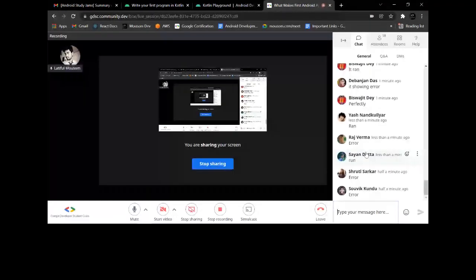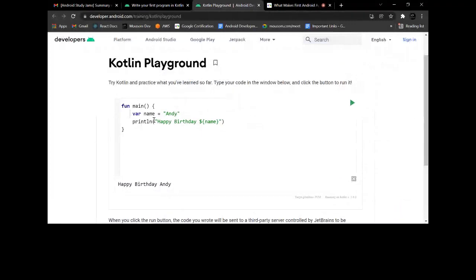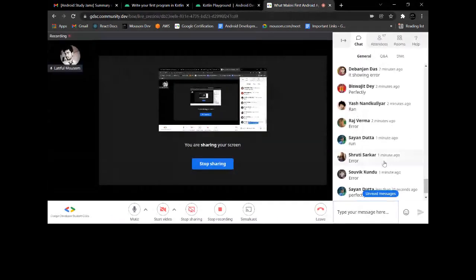So at that point we initialize with the lateinit keyword. Okay, so lateinit means later I will initialize that one. At that time we have to specify the type, like it will be a string or not, something like this. But here I am initializing and giving the values over there, so it's not mandatory.